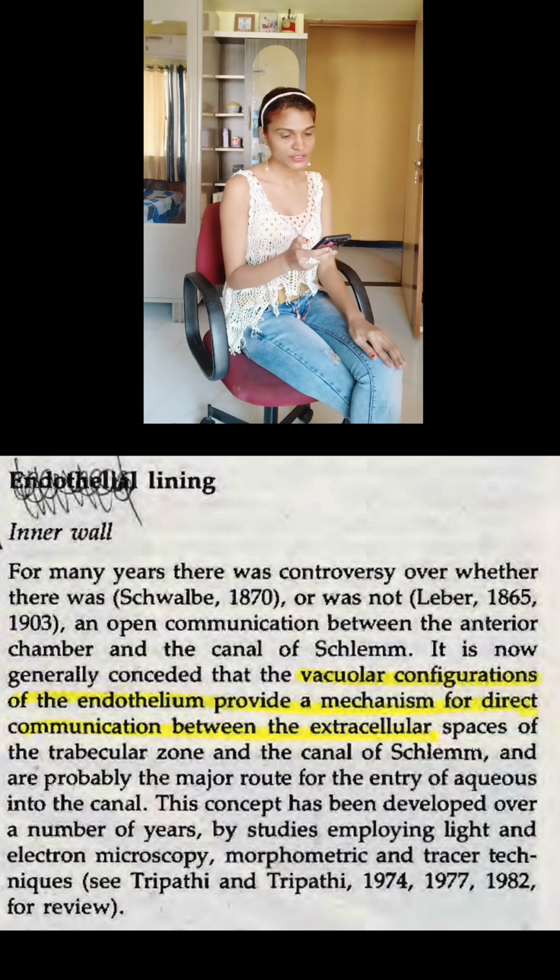It is now generally considered that the vacuolar configurations of the endothelium provide a mechanism for direct communication between the extracellular spaces of the trabecular zone and the canal of Schlemm, and are probably the major route for the entry of aqueous into the canal. This concept has been developed over a number of years by studies employing light and electron microscopy, morphometric and tracer